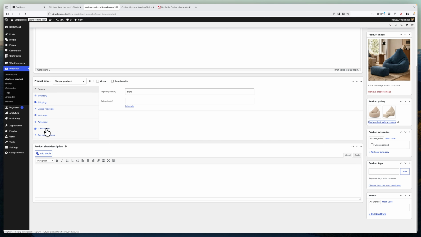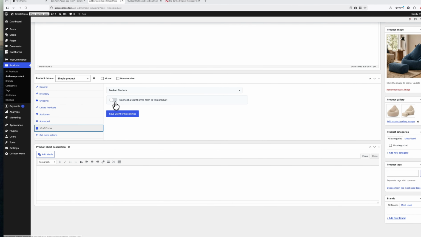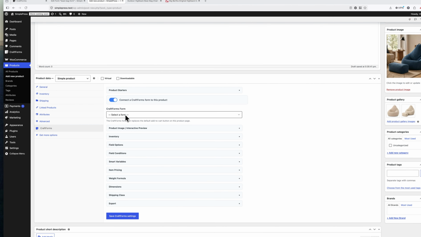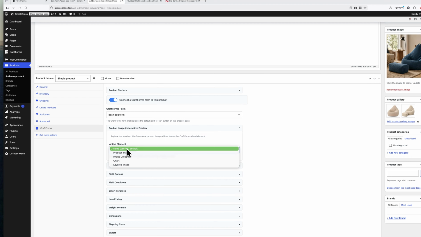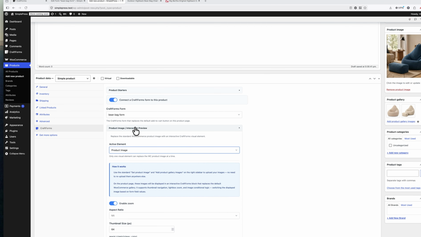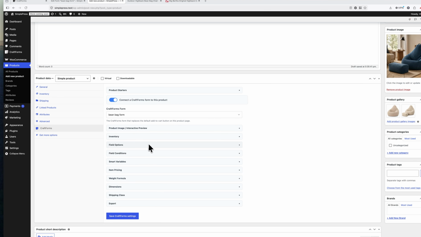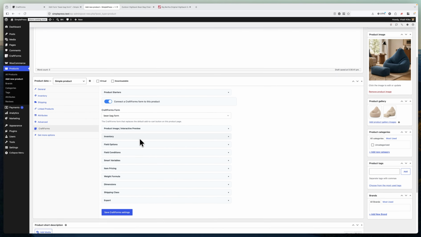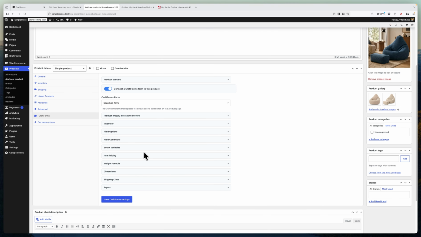Okay, let it be. I set product images. Okay, now I can open CraftForms. I click connect. I choose the same beanbag form. And for product image, I also choose product image. Okay, for now, like this, without image conditional logic at the moment. Now let's move forward to field options,